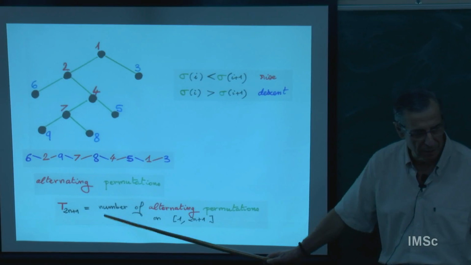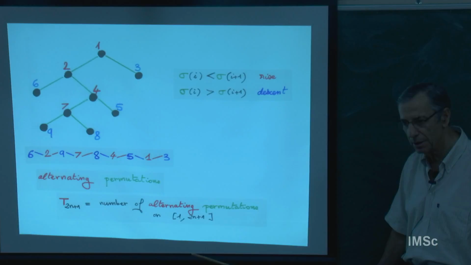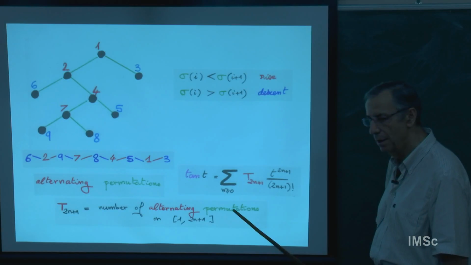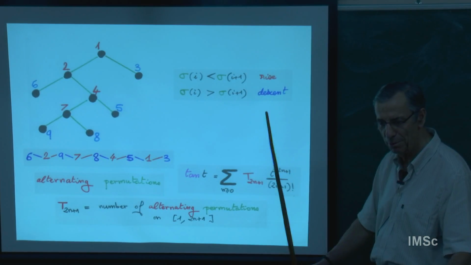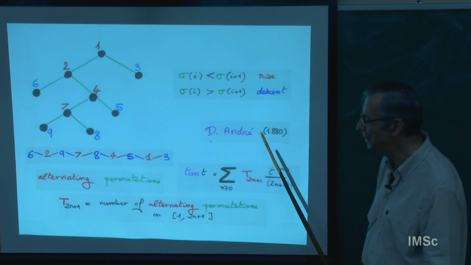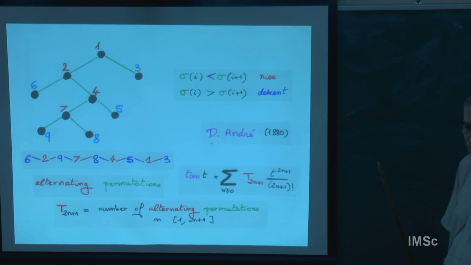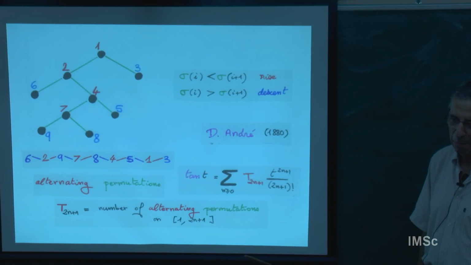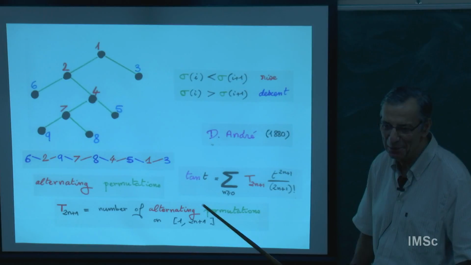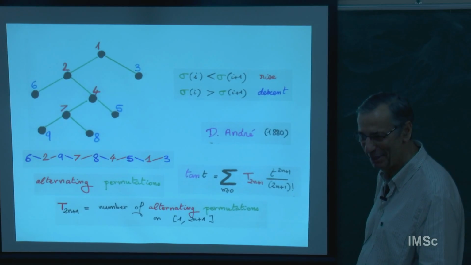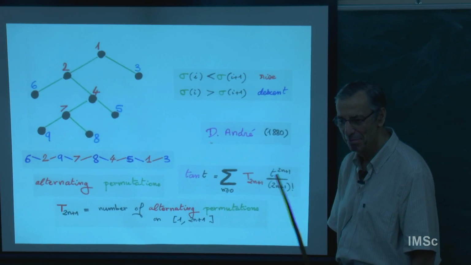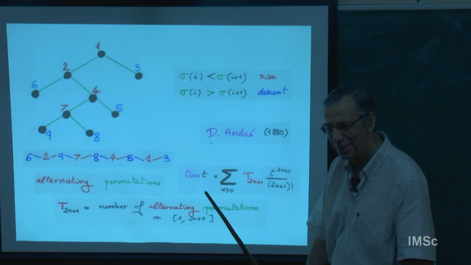And so the coefficient in the Taylor series of tangent t, on an odd number of elements, is going to be the number of alternating permutations. So I have solved my problem of giving a combinatorial interpretation of the coefficients of tangent t, and this was done much earlier by Désiré André in the 19th century. But he defined alternating permutations. I have no idea how he found it. Maybe he was working with alternating permutations and he realized that this was tangent t. I don't know. But if you take the reverse problem, I give you tangent t, give me a combinatorial interpretation. I give you the Jacobi elliptic functions, sn, cn and dn, give me an interpretation.